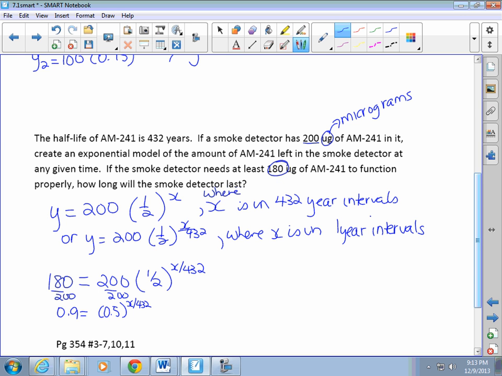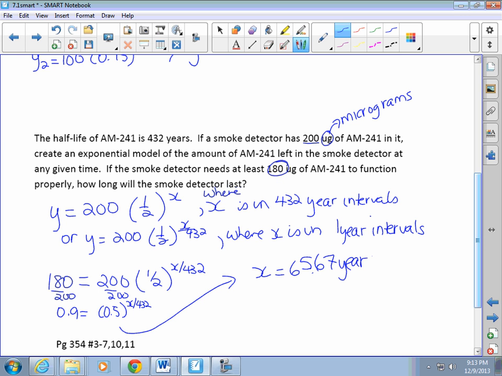It would be 10 over 432. And then you just keep trying, and you'll see if you start with 10, well, your number is off. The way to solve this is using logs, which we don't do just yet, so that's why we do trial and error. So when you finally get the right answer, it is